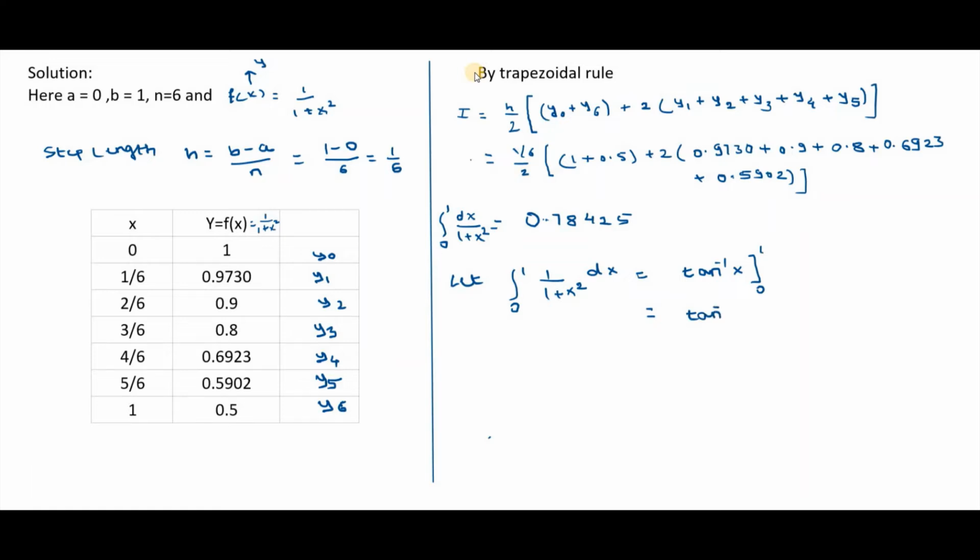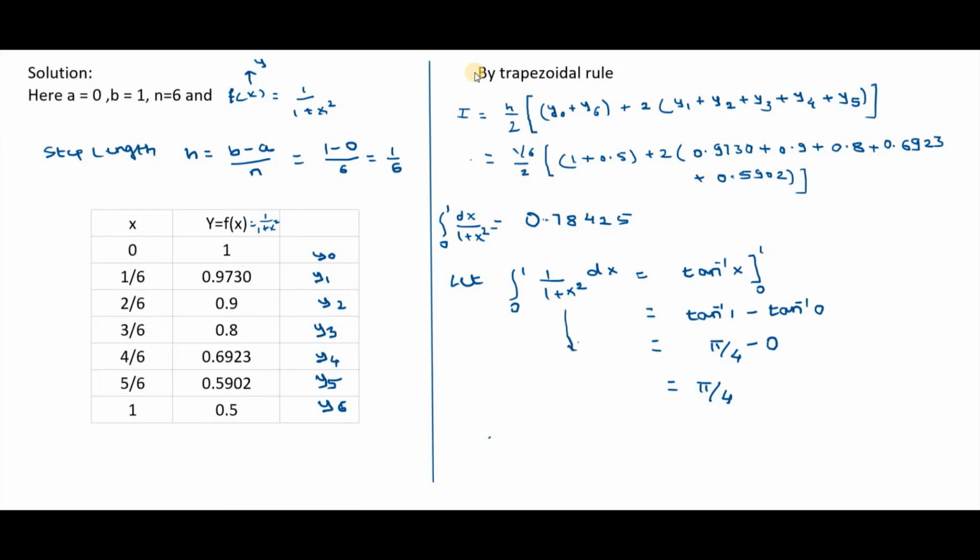you will get tan inverse of 1 minus lower limit is 0, means we can write it as tan inverse of 0. And what is tan inverse of 1? Tan inverse of 1 is equal to pi by 4 minus tan inverse of 0 is equal to 0. So this is equal to pi by 4 minus 0 is equal to pi by 4,